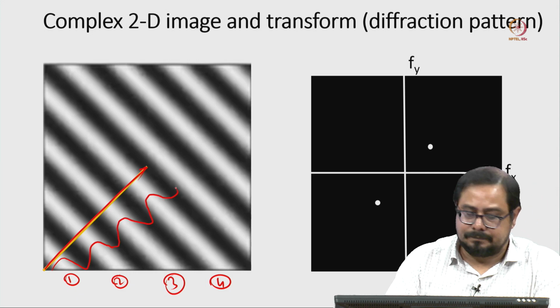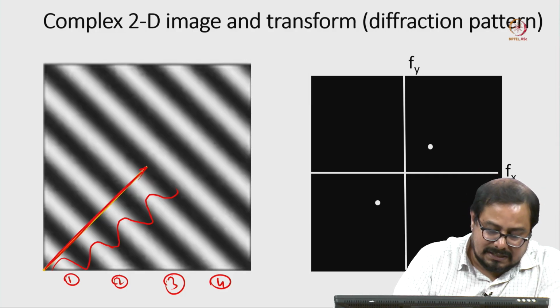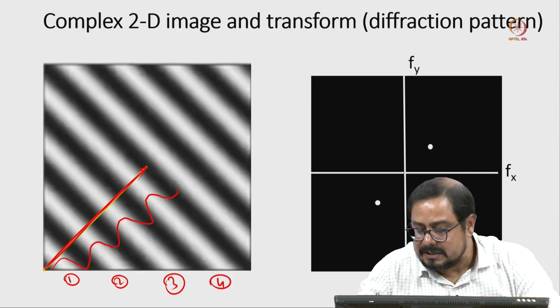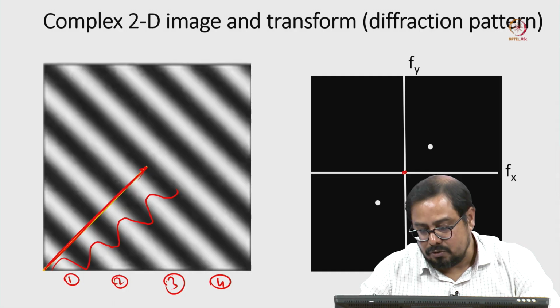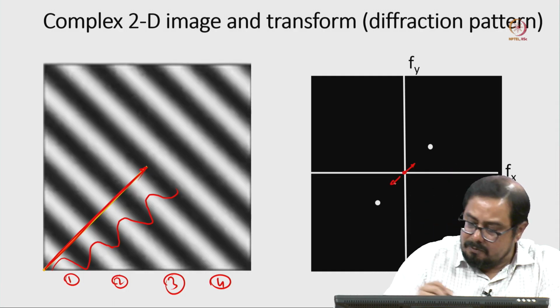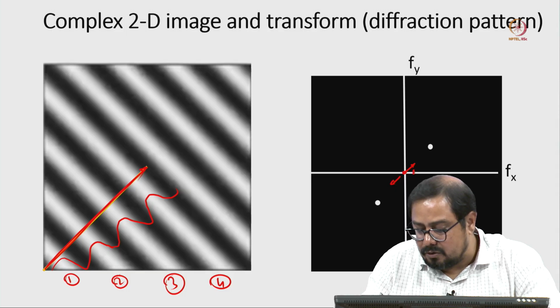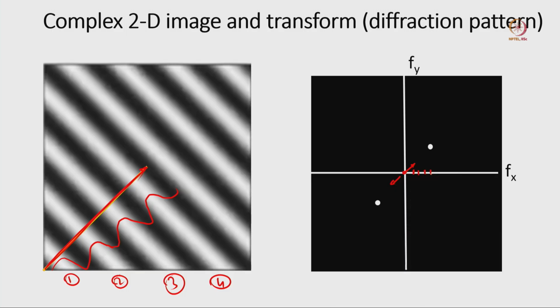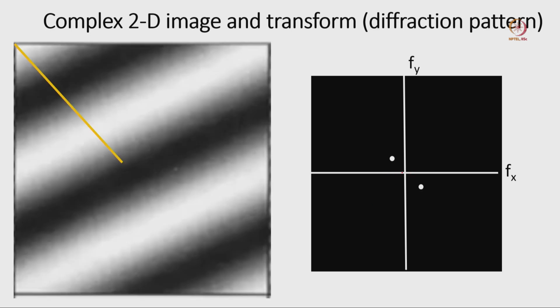Now the direction, we know that this is the direction. If we consider this as the x, the direction will be this and this. Now based on the frequency, if we count 1, 2, 3, 4, so again 1, 2, 3, 4, one spot will come here and one spot will come here, and the central part will be a large white bright spot.